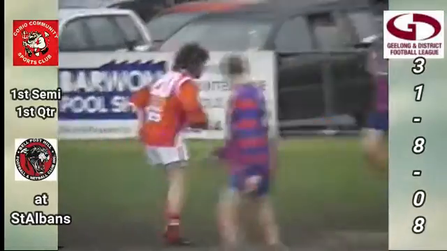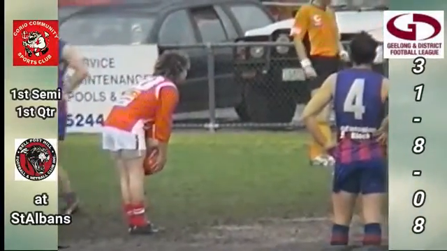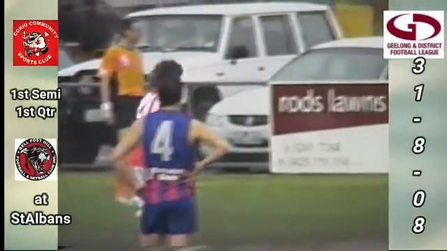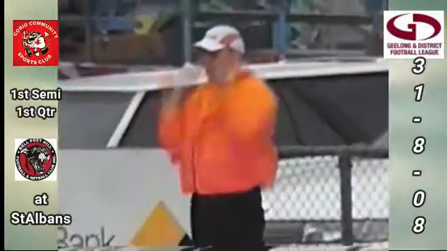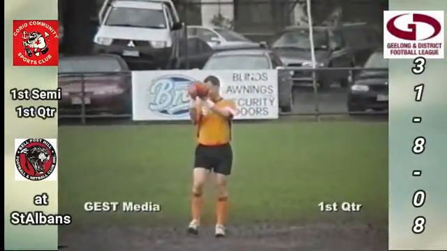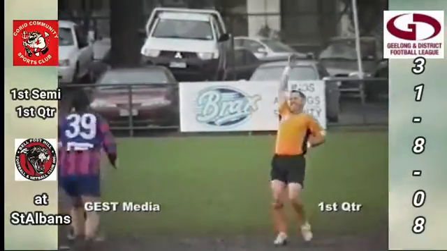So obviously the first score coming up for Corio. What it will be is about to be determined. Evans now moves in. Ooh, I tell you what, got under it a bit, but he's got it okay. That's the first goal for... So ball back with the umpires in the centre of the ground.